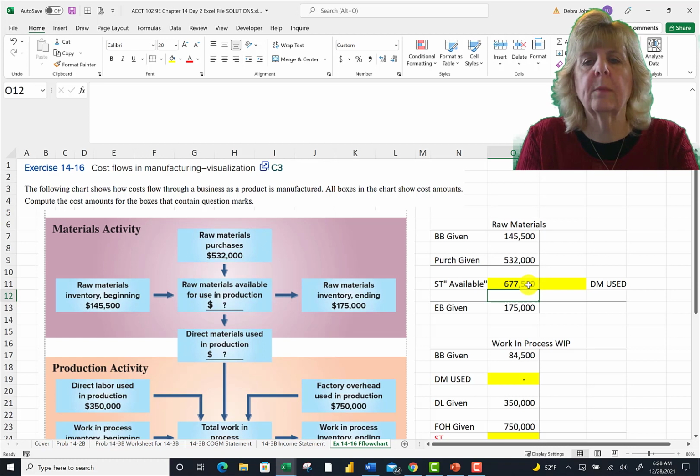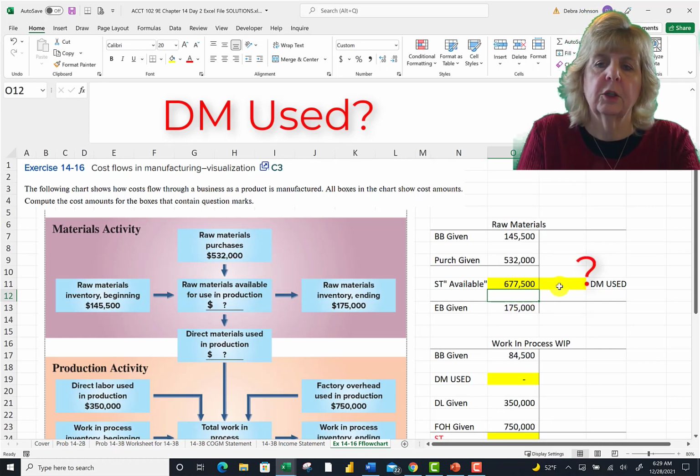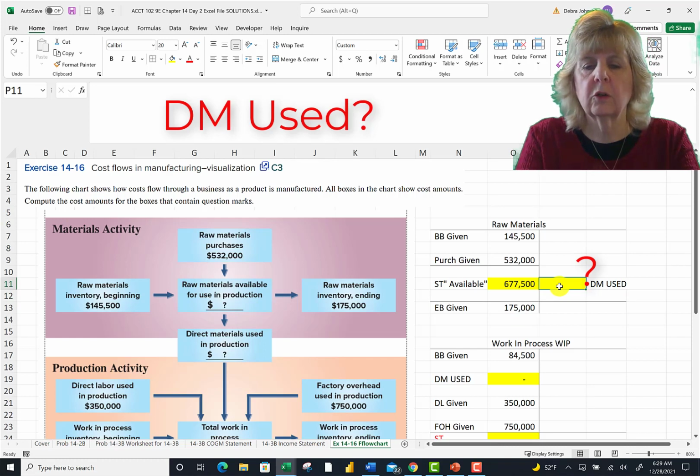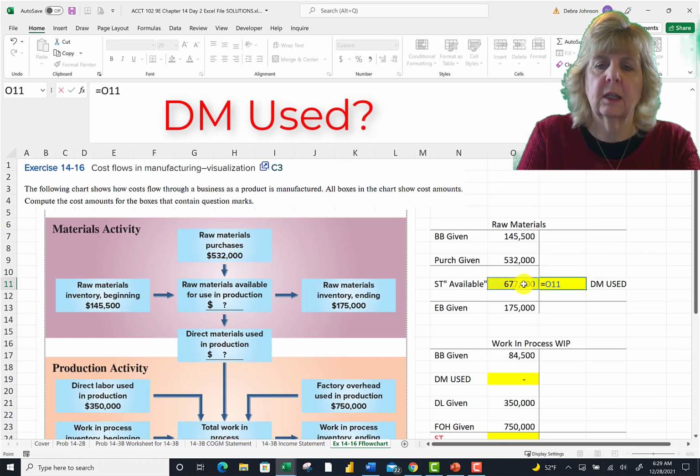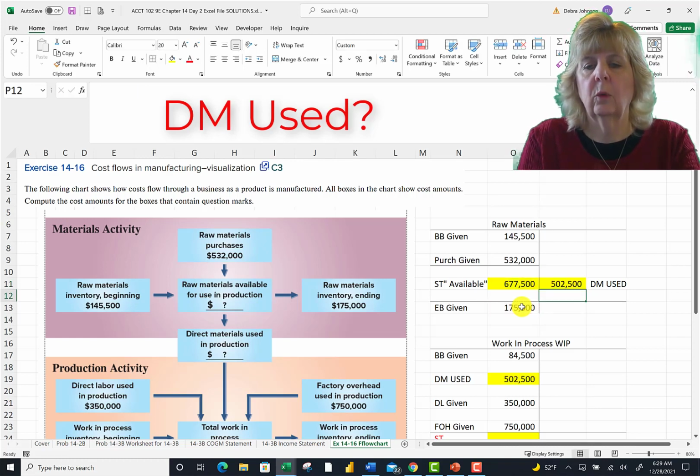Think about a raw materials warehouse, and that's all the materials that went through that raw materials stockpile during the given time period. Of that amount, there's 175,000 left that is unused in the raw materials account. So to compute that direct materials used up, we're just going to take the difference between that subtotal and the ending balance, which was given, and we got